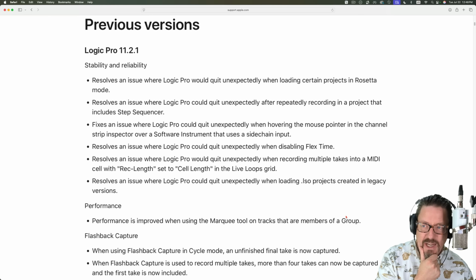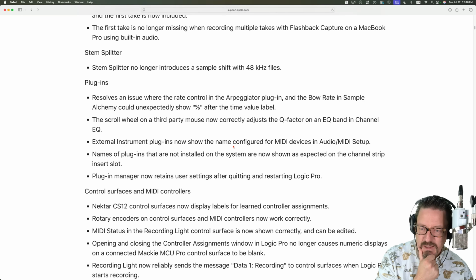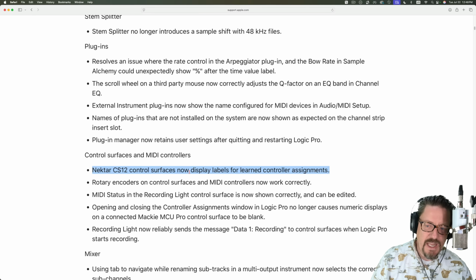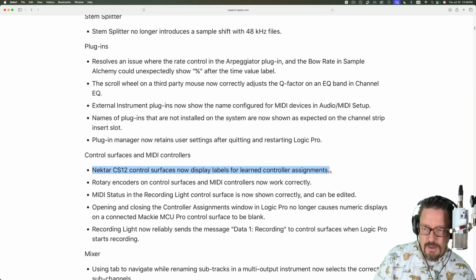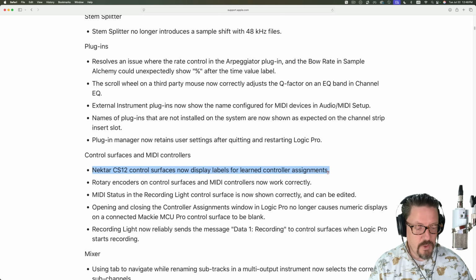The biggest thing that I wanted to talk about was the fixes with the Nektar. They're actually listed by name. The Nektar CS12 control surface now displays labels and learn controller assignments. Meaning all the stuff that wasn't working is now working. We also got, by the way,